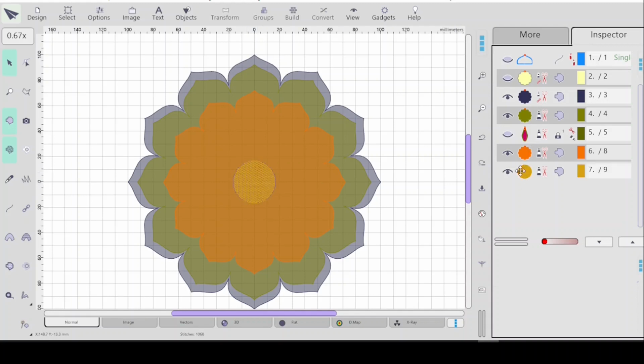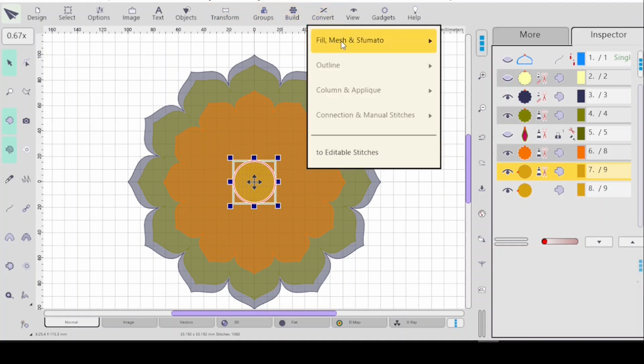So if you're going to do it that way, by doing convert fill to opening, you want to copy this first. So that would be Control C, Control V, and then this one is the one that you want to have selected because this is the one that you can turn into a hole. And the reason you can turn it into a hole is because it's directly after the orange. So when you have that scenario, or when you create that scenario, you can go up to convert, fill mesh,